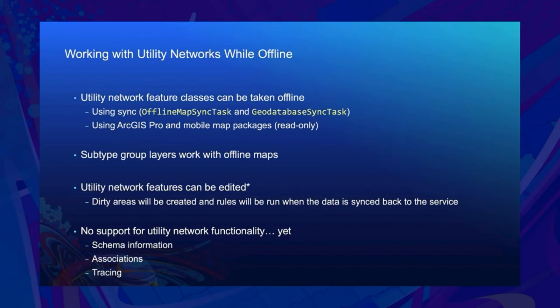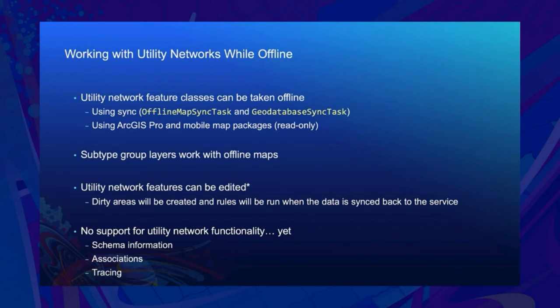So then as a separate step, you call validate network topology and get those back in sync. So when you're editing offline with runtime, those dirty areas are not created at the time you edit. They're created when the data is synced back to the service. And likewise, if you have any attribute rules set up against that service, those rules will run when you're syncing